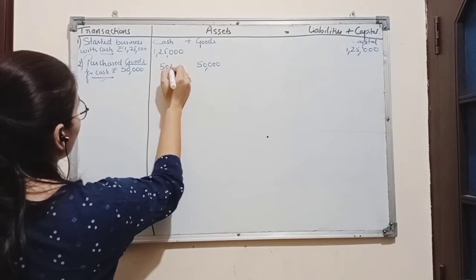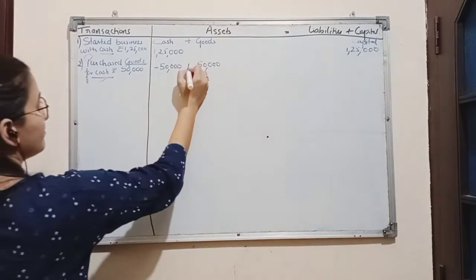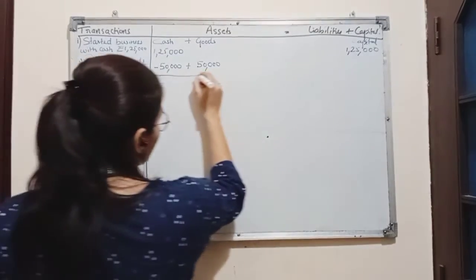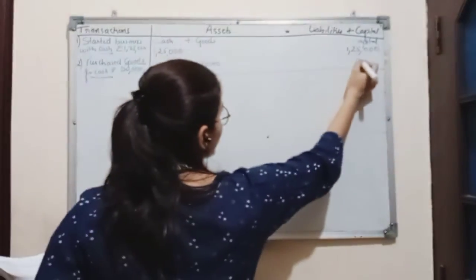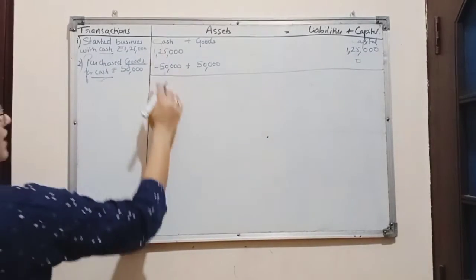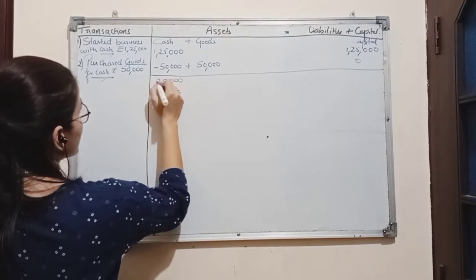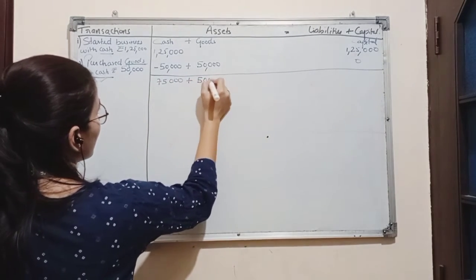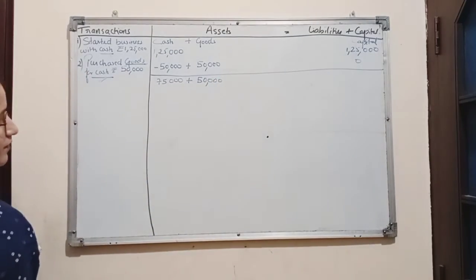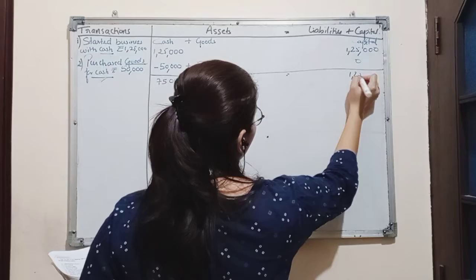So we will deduct 50,000 from cash column. Now if we solve these transactions, we will get a new equation where cash amounting to rupees 75,000, goods 50,000 and capital amounting to